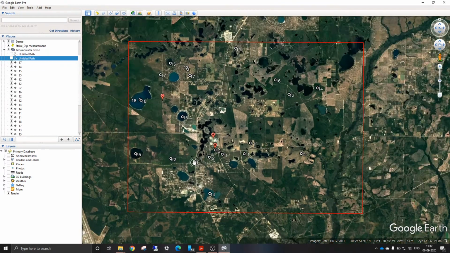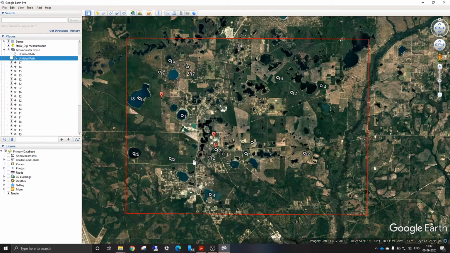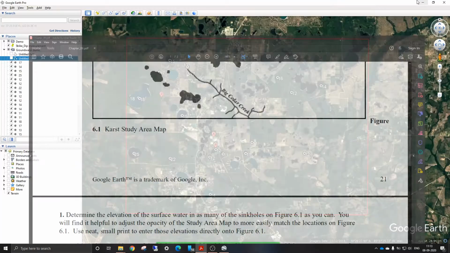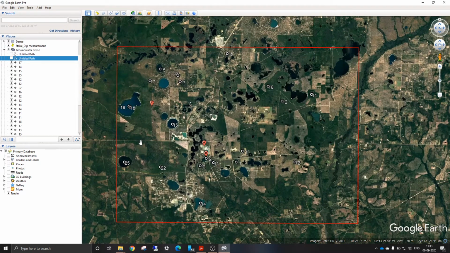Basically, you have to identify what the sinkholes are, because sinkholes are representative of the groundwater table. You have to avoid surface water bodies. The elevations at surface water bodies are not representative of the groundwater table. They are showing the surface water level. So after identifying them, you have to put the markers there. Then only can you draw the contours. After drawing the contours, you can easily solve all these problems. I hope you can now understand this. You try this problem by yourself.